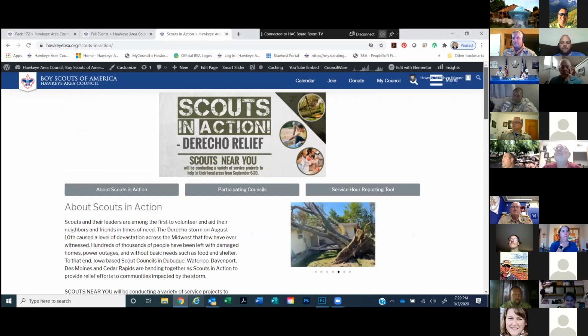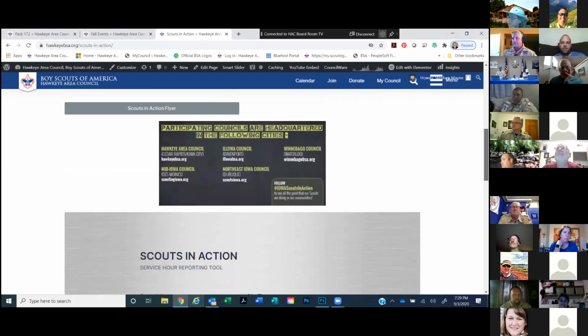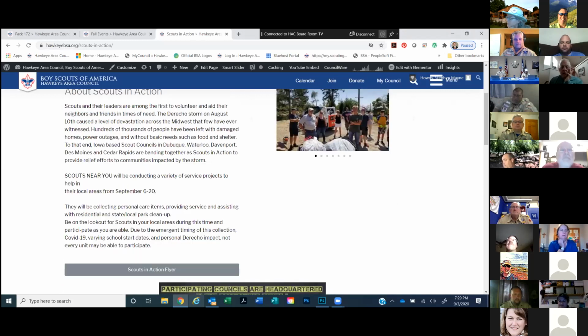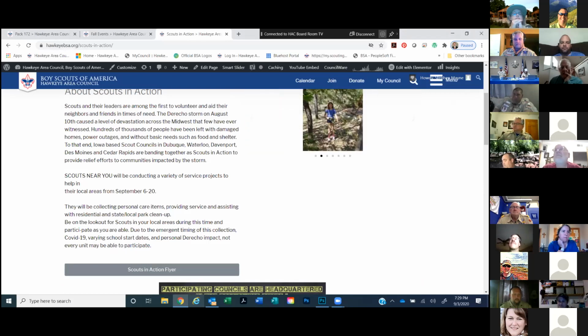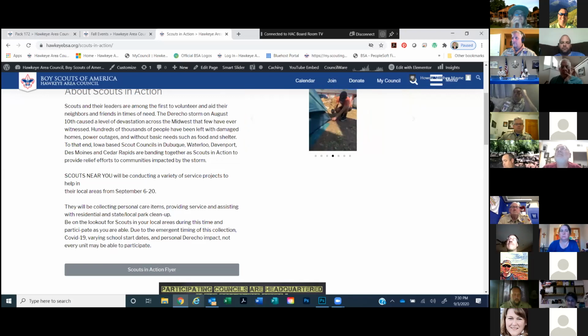As you can see on the Scouts in Action page, this is designed to basically get everyone within the state to help collect items for people who were impacted by the storms 3 weeks ago. Some of the things we're looking for are obviously food items. That's a big item. But keep in mind, this is separate from Scouting for Food. So food items, clothing,